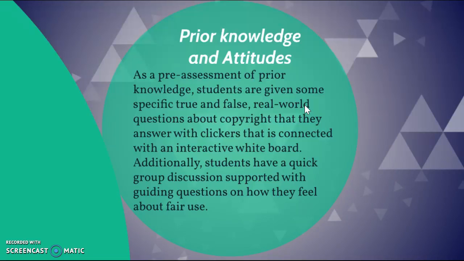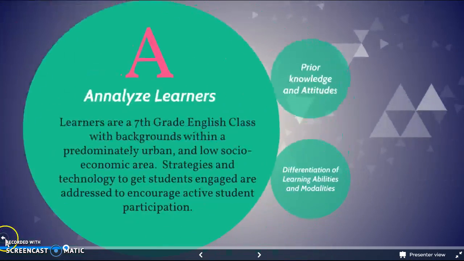So after that, students will break into small groups and then have a little discussion about what they just answered, with also guiding questions about how they feel about copyright law and fair use. Okay, so after this pre-assessment,